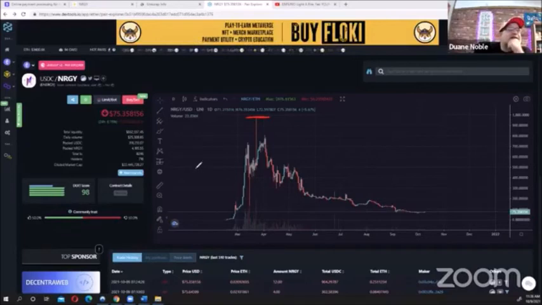But to me, it looks like this next drive up should be that big drive. This should be that big one. The big one that you get with